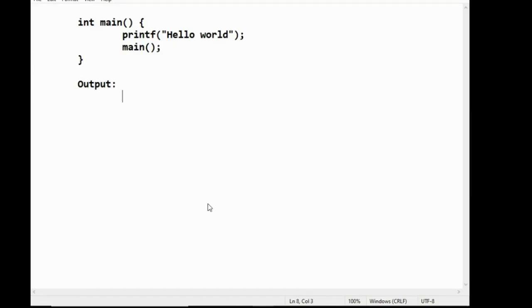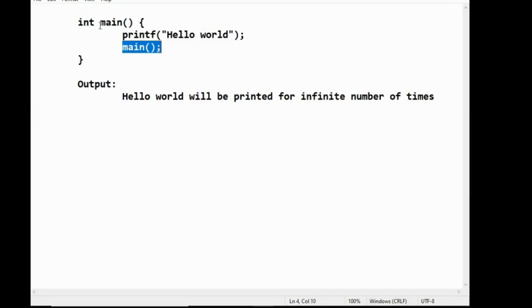The output is hello world. It will be printed how many times? Infinite number of times. The reason is you are calling the main method again and again.